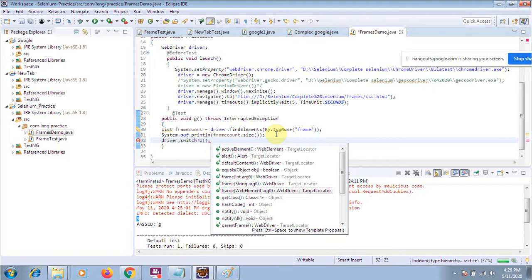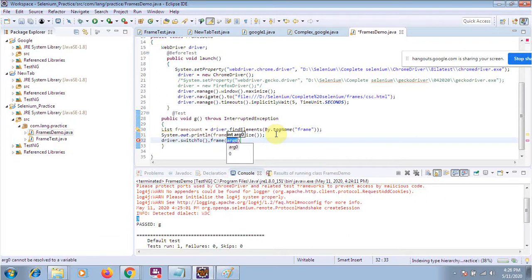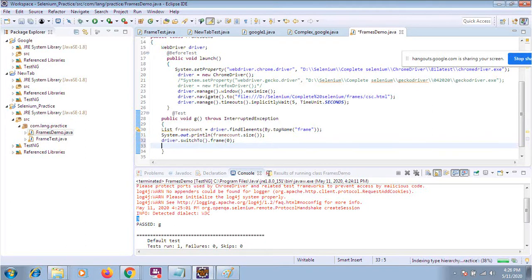It's always good practice to use the first two. So we will move to frame 1, meaning frame 0. Now we will perform some operation over there. I will find this link on the frame.